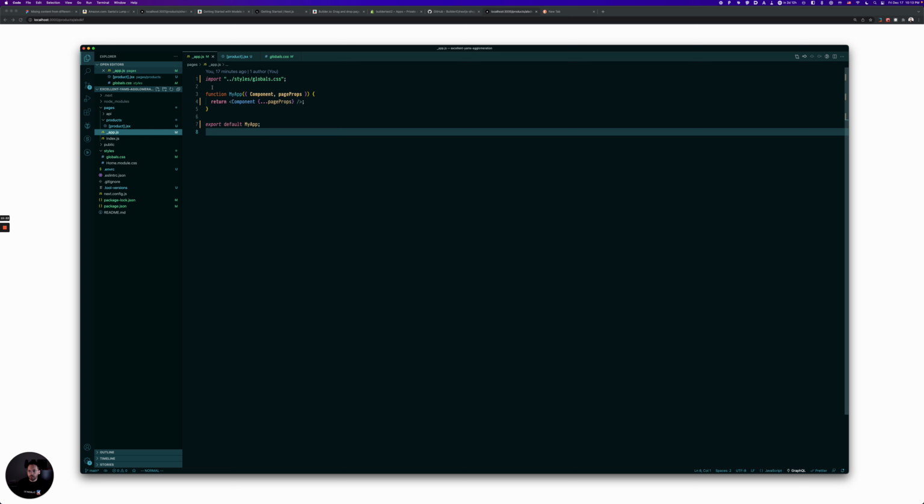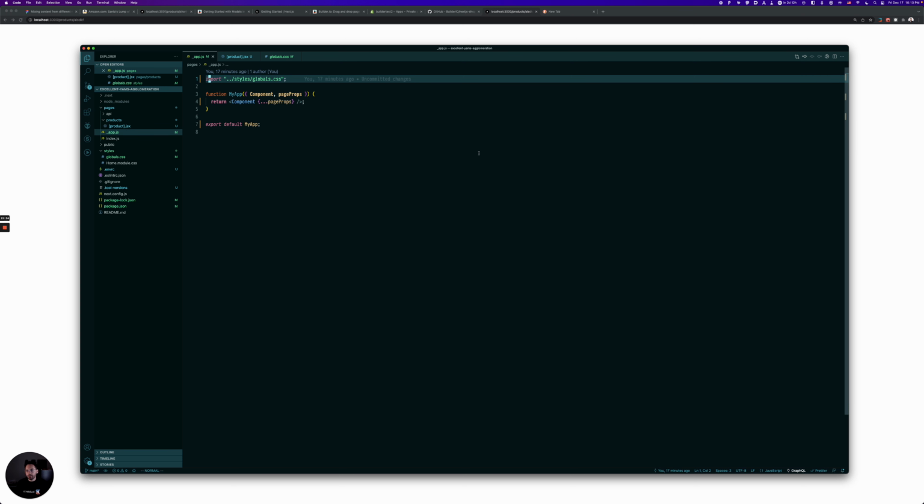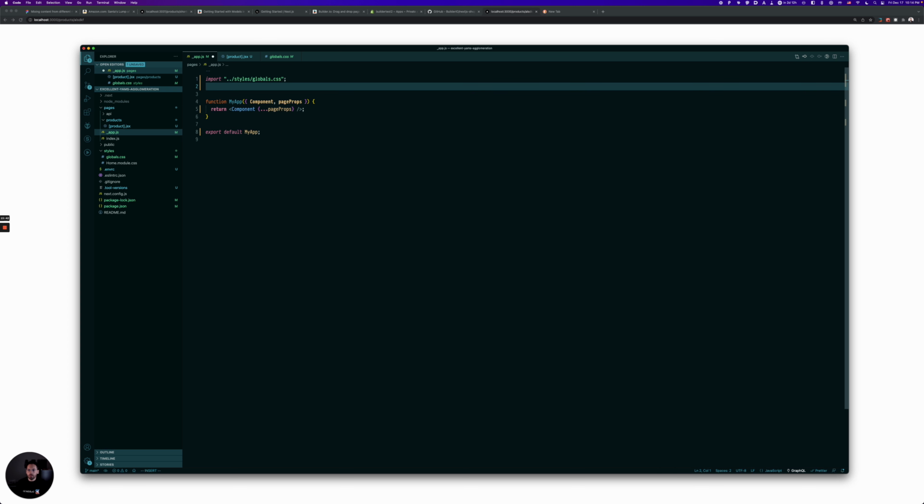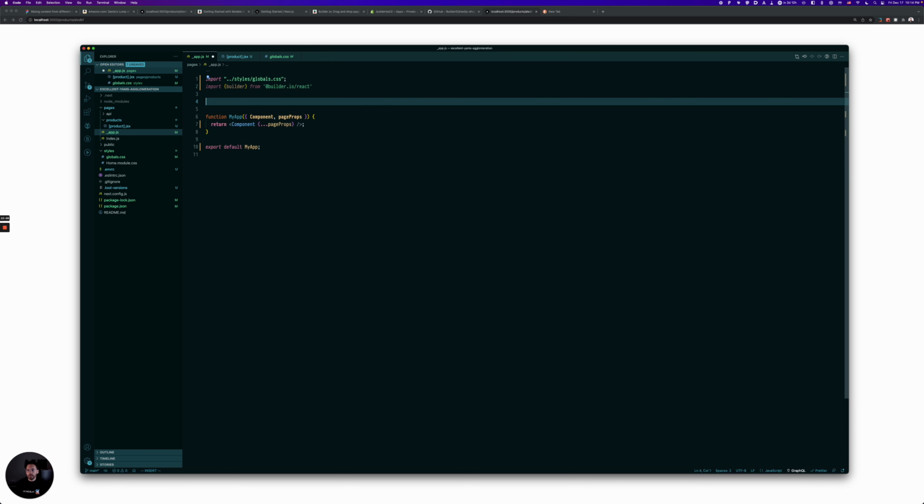So I'm going to open up _app.js. And for those of you who aren't familiar with Next.js, there's nothing special about this file for our purposes. You just want to initialize the builder object in a bit of code that will always be run no matter what. And in Next.js, this file is always executed, right? So we say import builder from the SDK, and we're going to say builder.init, and we're going to pass it our